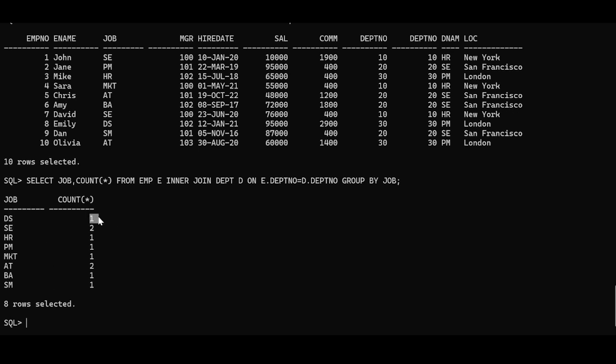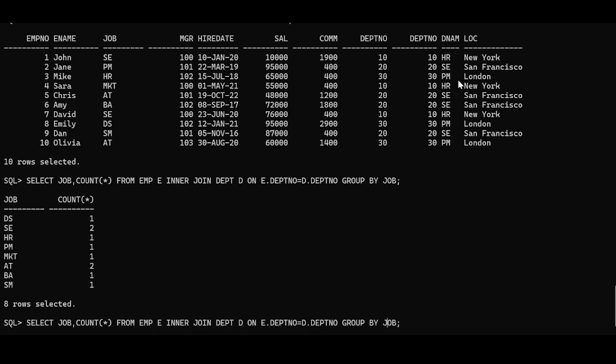So TS one count, SC two count, HR one count, PM one count, marketing one count. So I'm getting it like this, right? So what I will be doing after getting this, I want to find, okay, instead of